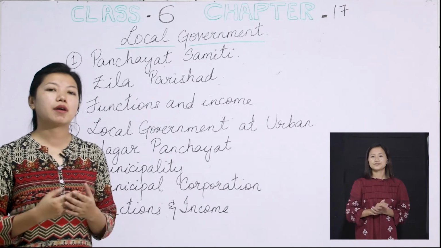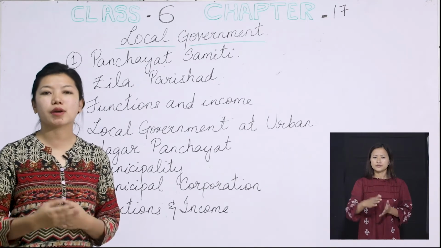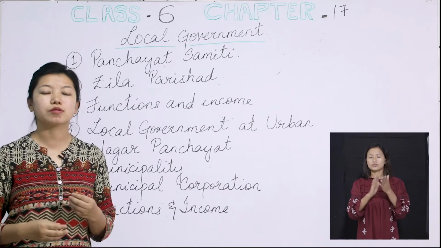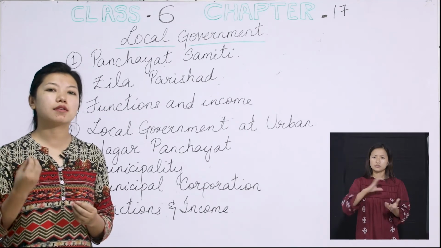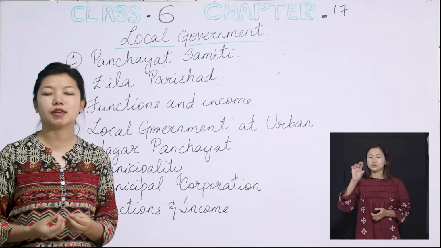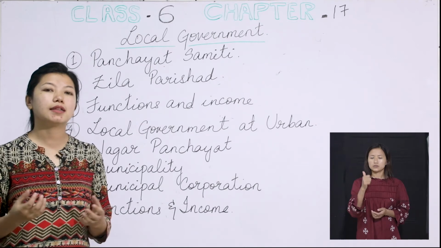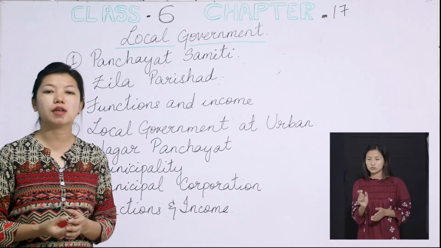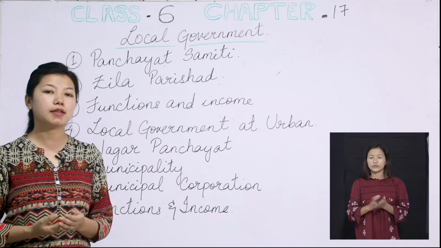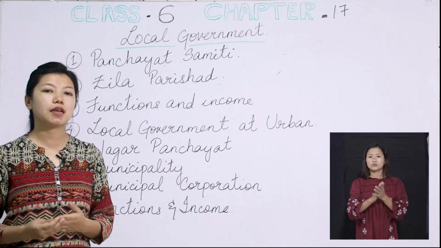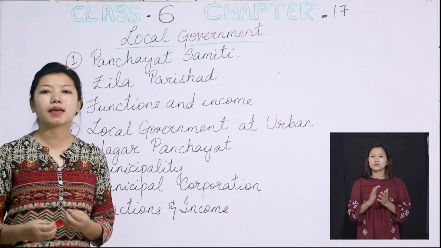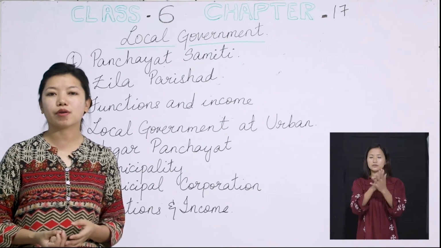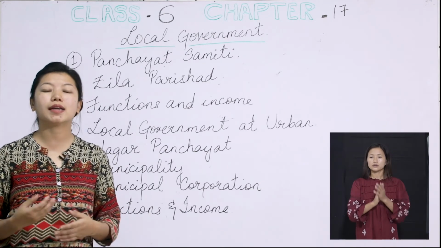So after every 5 years, this mayor and the chairperson used to change. If they are doing their work satisfactorily, if they are doing their work properly, then the same mayor or the same chairperson can also take his position after the 5th year, all right? So whoever attains the age of 18 years can elect this mayor and the chairperson through an election,